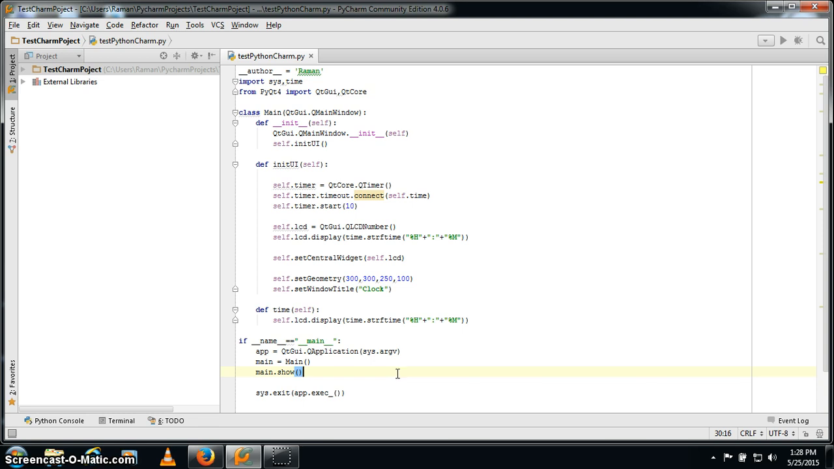The main.show displays the widget, and sys.exit defines what happens when the user clicks the close button in the widget and the widget closes. So we can execute this code in the following way: go to the name of the